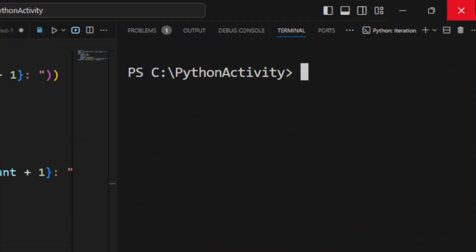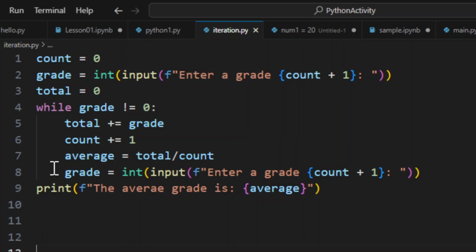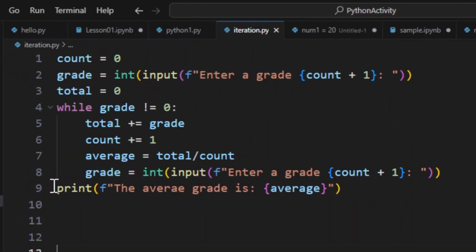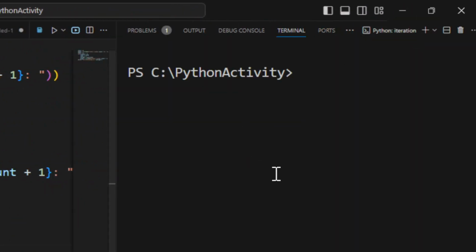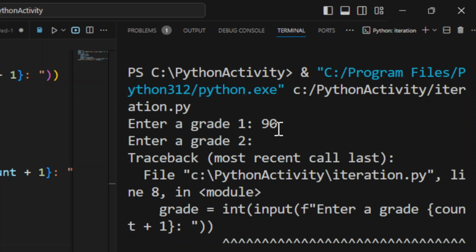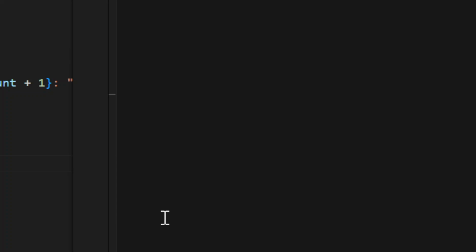It's very clear now. Okay, what about if the user didn't try to enter, let's say did not enter any grade at all. What will happen? Let's try. So at where I put grade. So what if the user did not enter? So it will get some error. What do you think would be our solution for that? As you can see, there is an invalid literal, meaning I didn't put anything. Supposed to be,